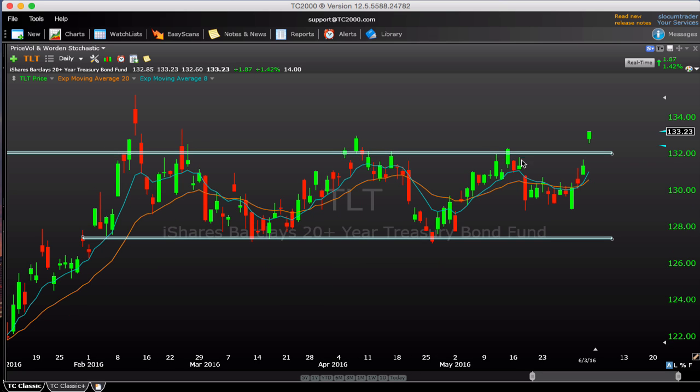As you know, we were short it in here and we got out just in time, eking out a nice little profit as we covered down here right into the 130 area. So we did avoid getting squeezed out of this short position that we were in. So far TLT looks good now for the long side. Not involved in it, but I do like the sort of move that it had here on Friday.